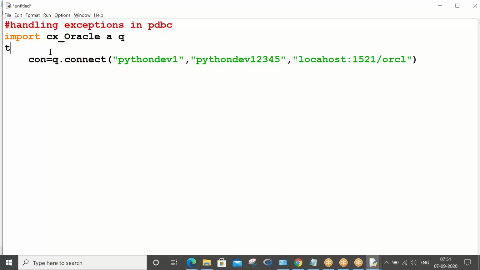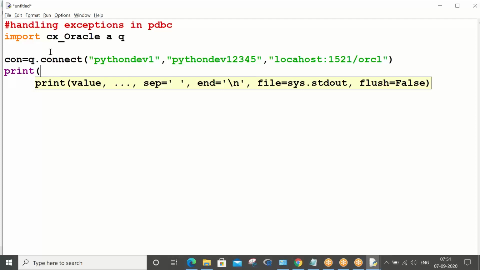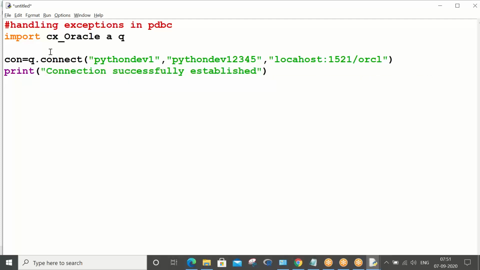Okay. So first, I will show without exception handling, and then we'll come back to exception handling. So print connection successfully established. Right now, cursor is equal to con dot cursor.